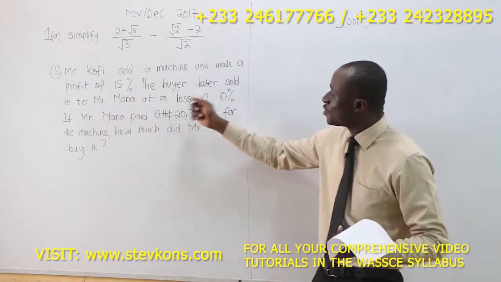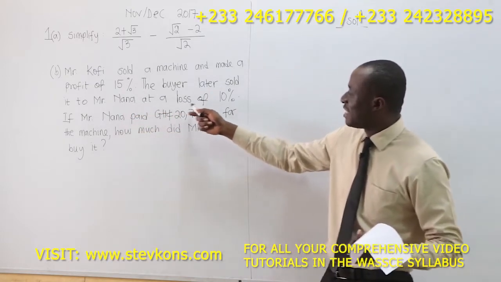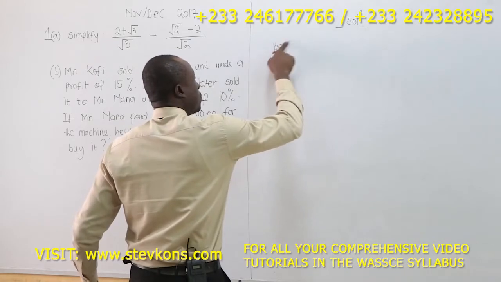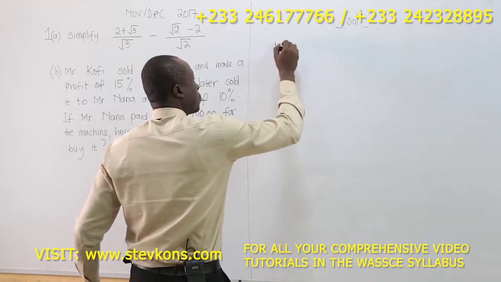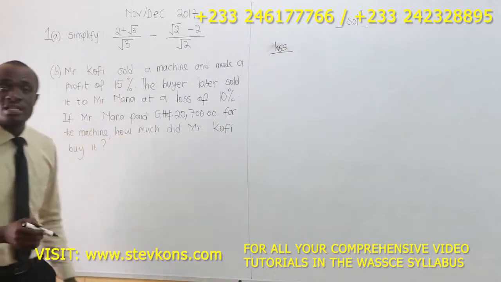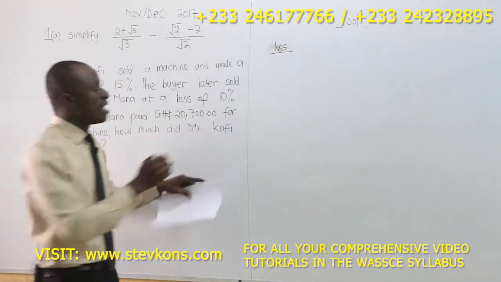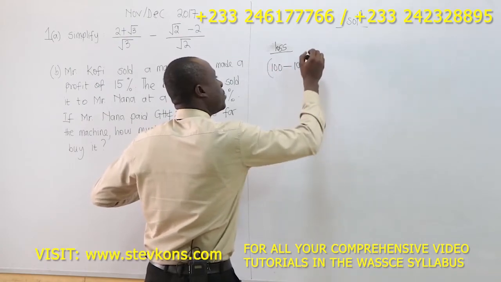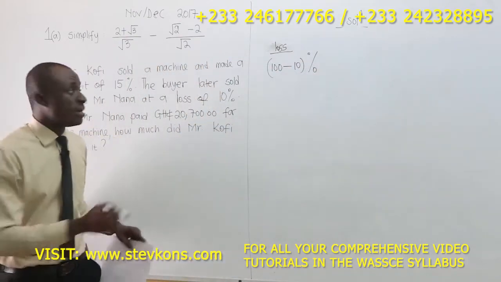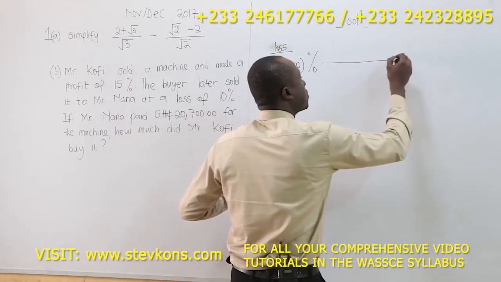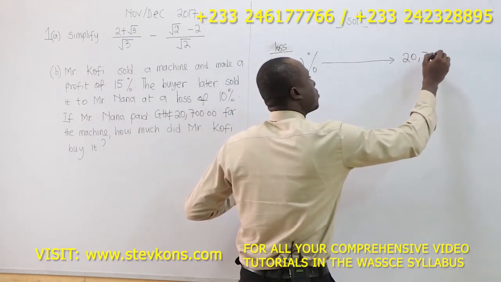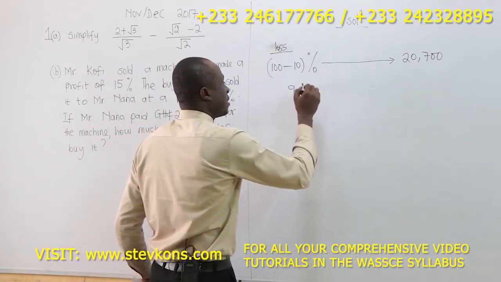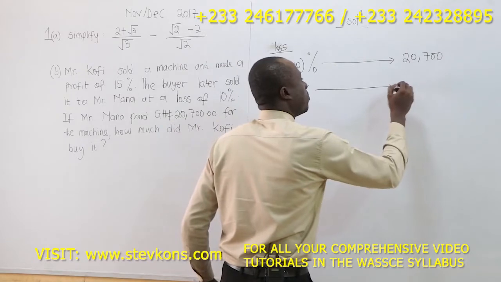Now, the buyer later sold it to Mr. Nana at a loss of 10%. And because it is a loss, it means that we have to subtract it from 100%. What's the loss percent? 100%. So that's 100 minus 10. Why? Because it is a loss. And this was sold at 20,700. So it means that 90% is mapping to